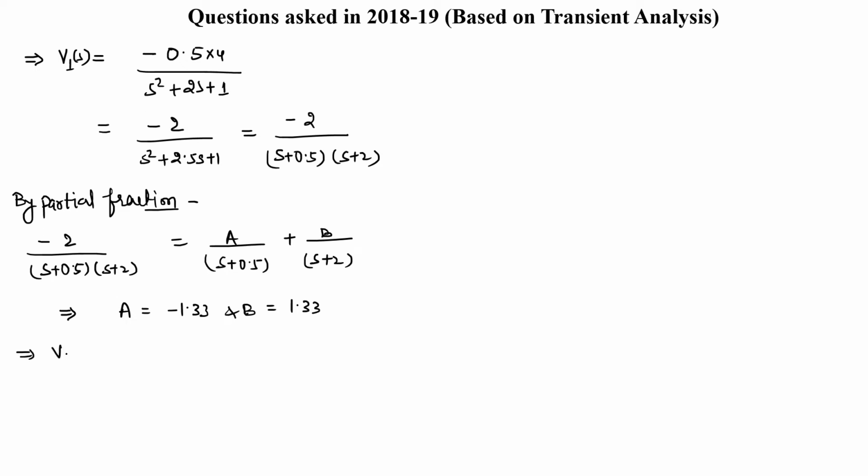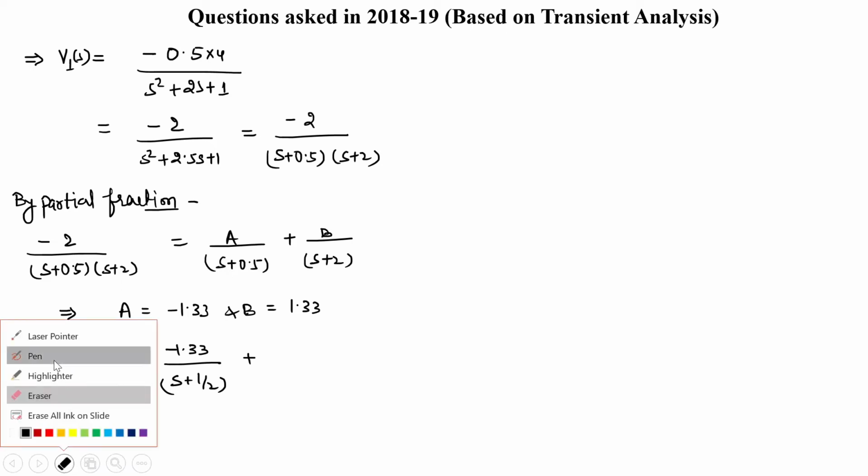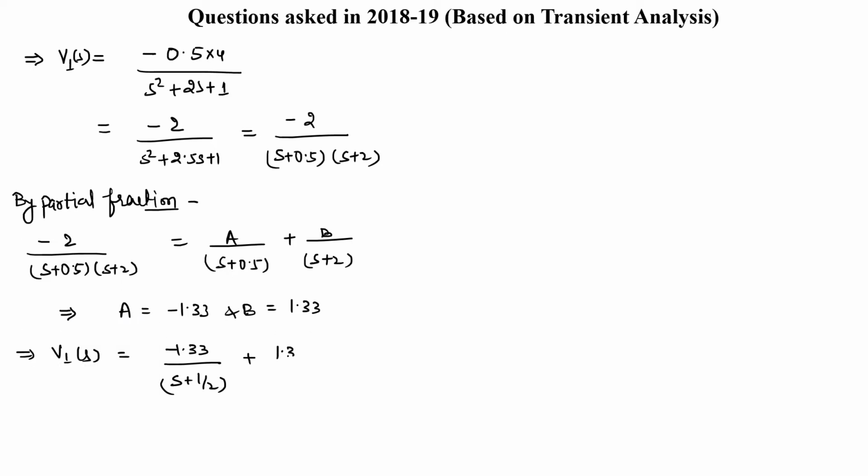So V1S is equal to what? V1S is minus 1.33 divided by S plus half. 1 by 0.5 is 1.33, just a minute. 1.33, the value of B, divided by S plus 2. Now